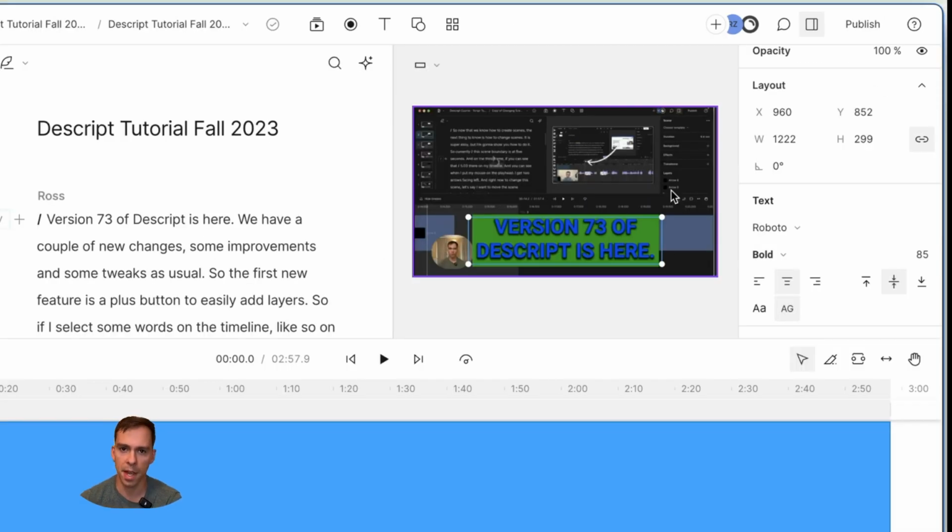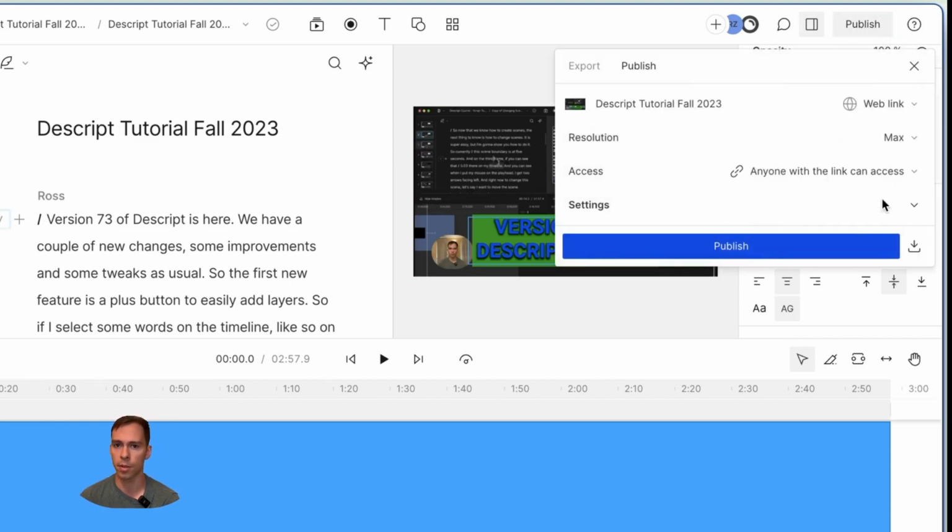The next step to complete your project would be simply to publish it. Now to do that, you go to the publish button in the top right of your screen. Now publishing, there's two important terms to know here, exporting and publishing. Publishing is sending it to the web, and they give you a lot of options. They default to web link. This means that it'll post to Descript's cloud, and it'll generate a URL where you can watch or share that